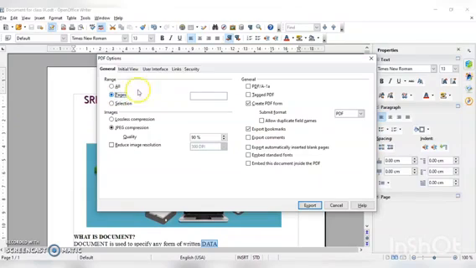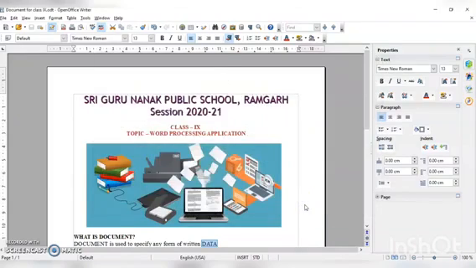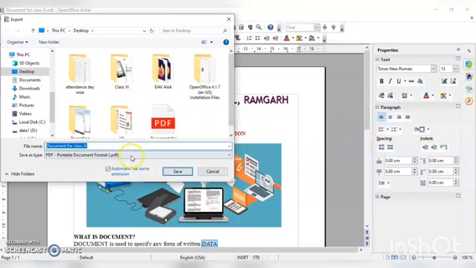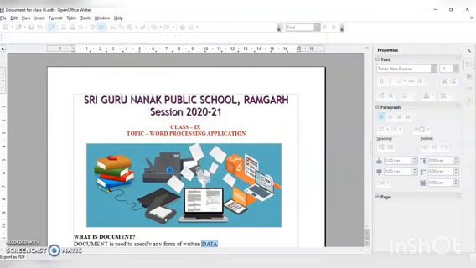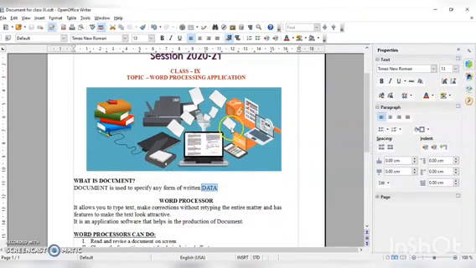You can select multiple pages here also, and you can write the page numbers like 5, 6, 7, using commas, and only these three pages will be exported and prepared in a PDF format. Now I'm selecting all and export. Now as you can see, my data is exported. It needs a file name to save, and my data is exported.